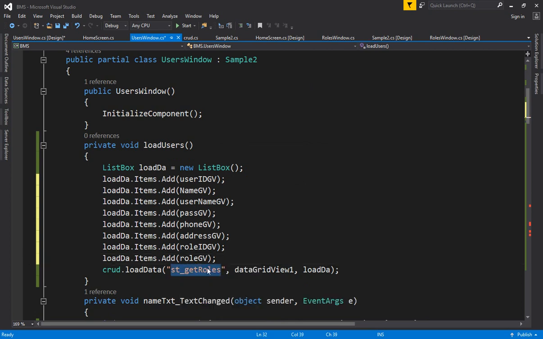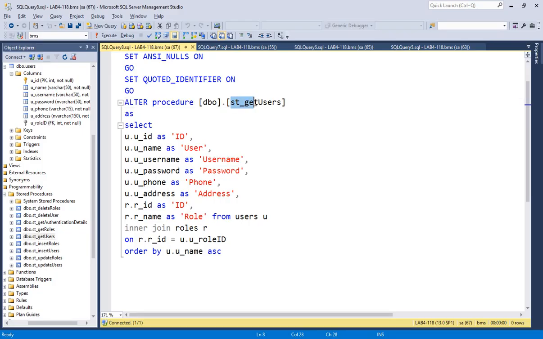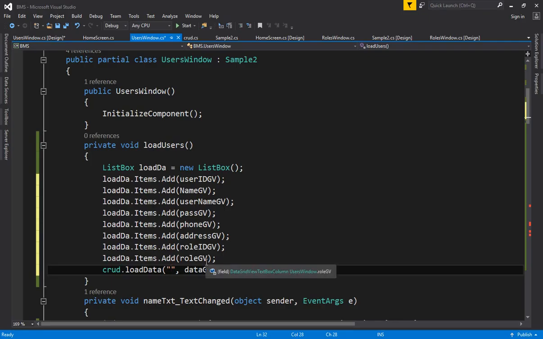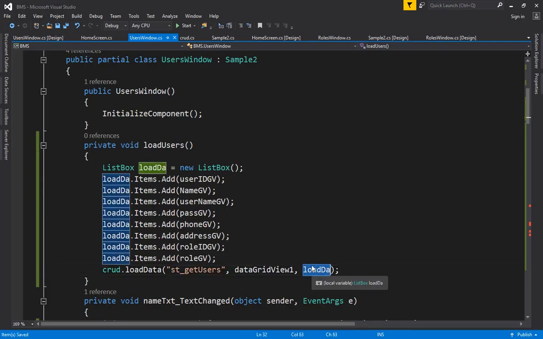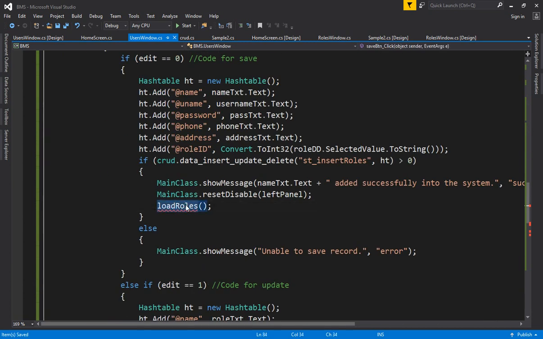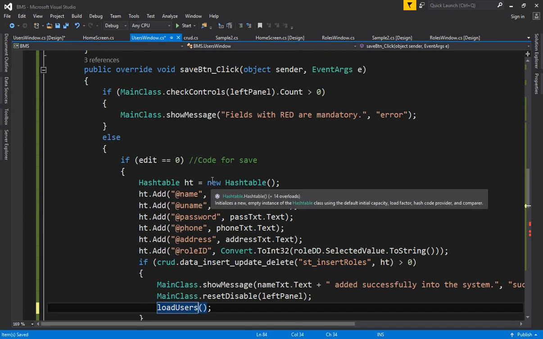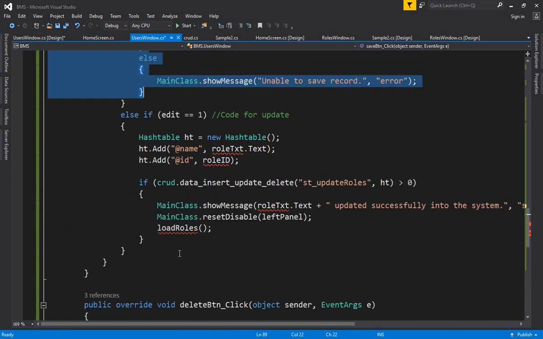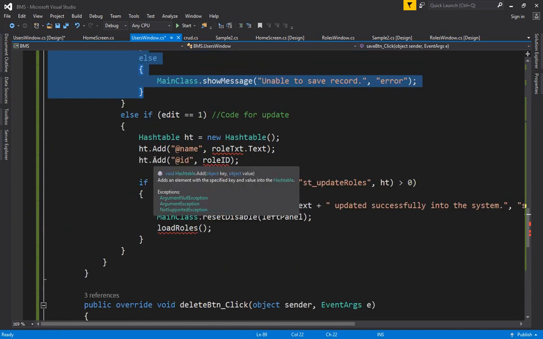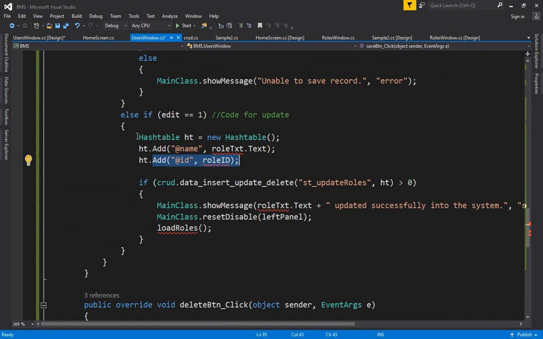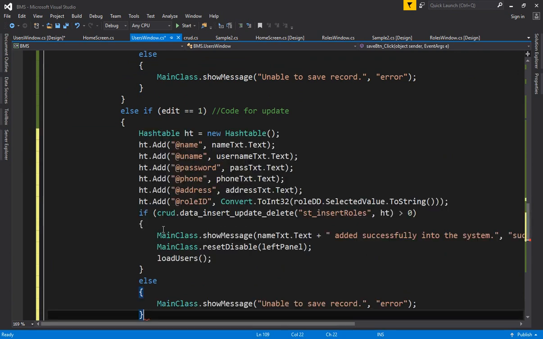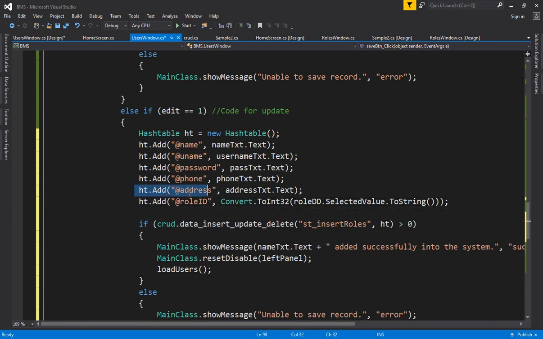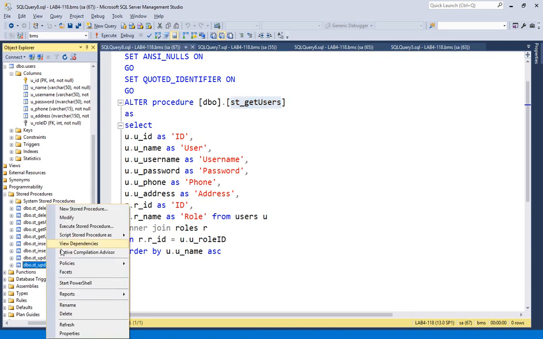That's it. And now get users, in fact you write here get users, so copy it and paste it, and then that's it. So load users, so whatever is written here, cancel it and write load users, simple. So that's my code for insert, and I am copying this same code and pasting it here because everything is the same. In update I have to just add one extra ID here. Okay, so paste it, and now copy this line and paste it here, and go to your update procedure of users, so